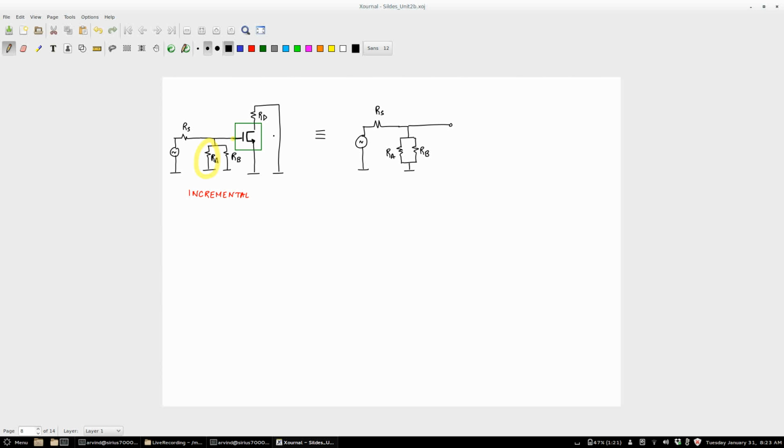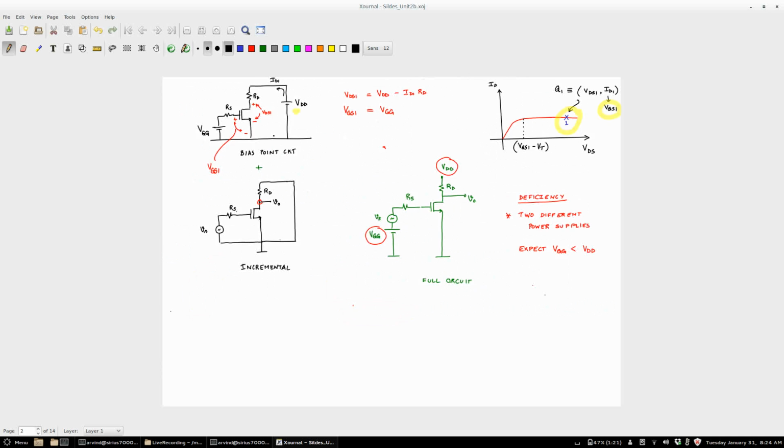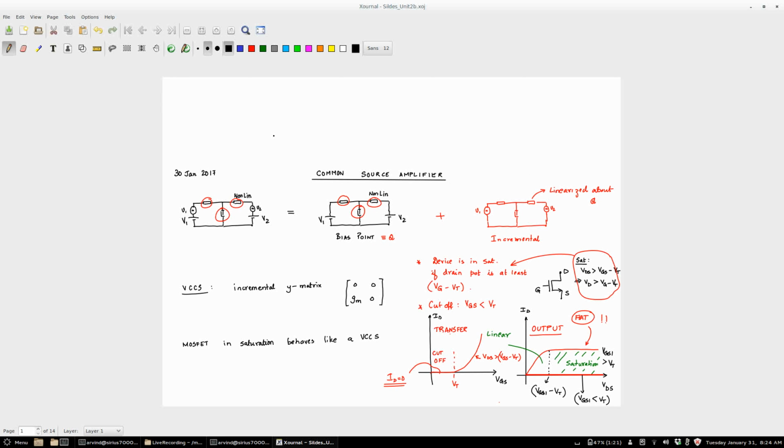So let me draw. I did not draw this, I should have possibly, but I thought you guys would get it. So I have RS here, and I have this RA parallel RB. Then what do I replace everything in this box by? Switch? No. Exactly. Resistor? Conductor? The GM part, right?